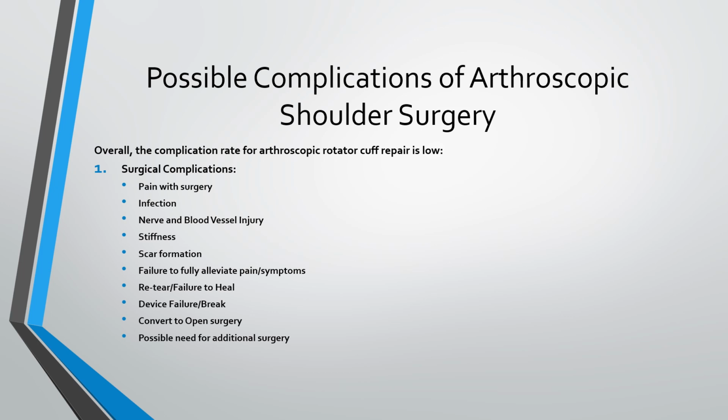However, all surgeries typically involve pain, and frequently narcotic medications are prescribed, which do carry their own risks. Surgical complications can include infection, which occurs less frequently in arthroscopic surgery compared to an open procedure. Nerve and blood vessel injury is rare. Scar or keloid formation can occur. Stiffness after shoulder surgery is common, and a small percentage of patients may require a second procedure for release of